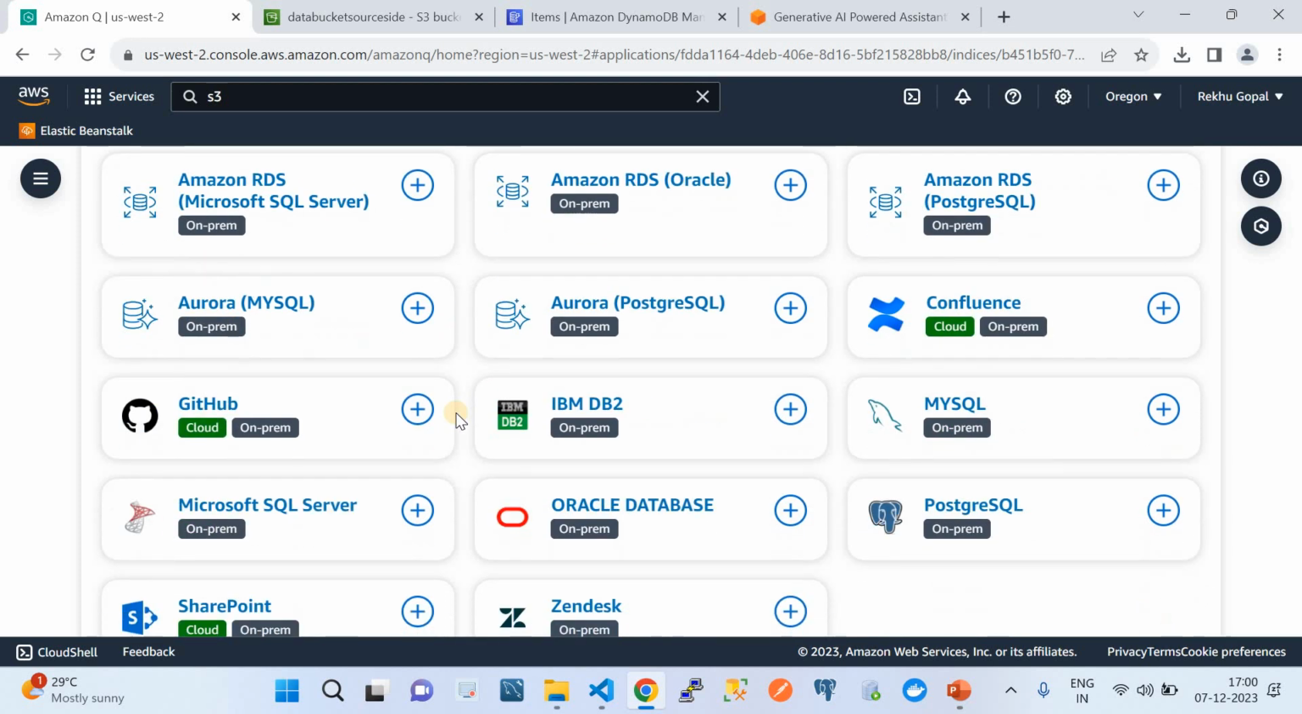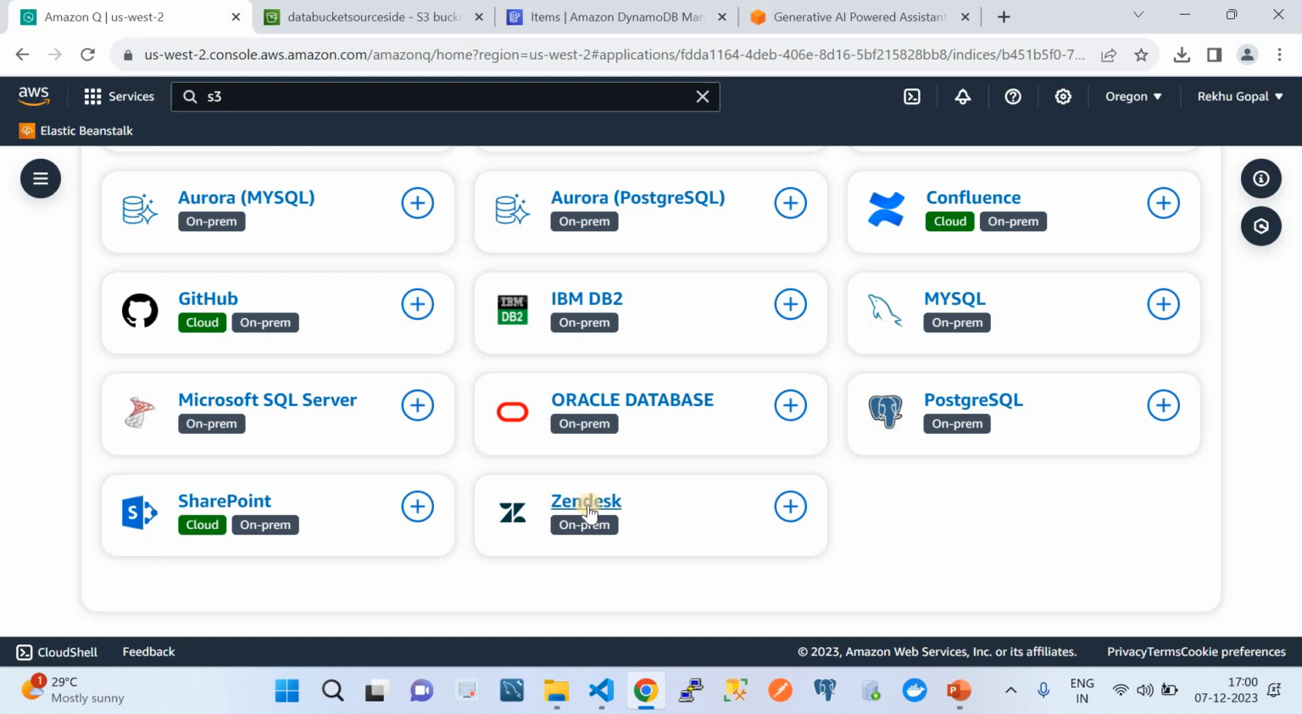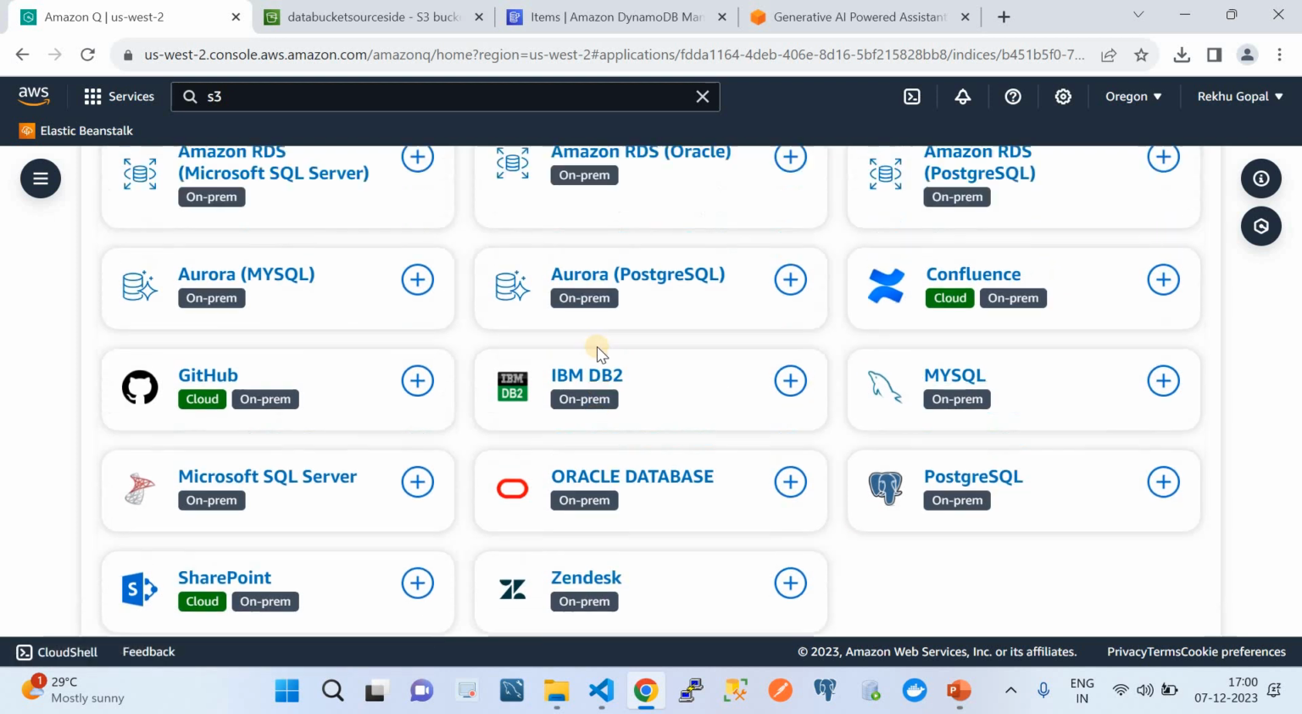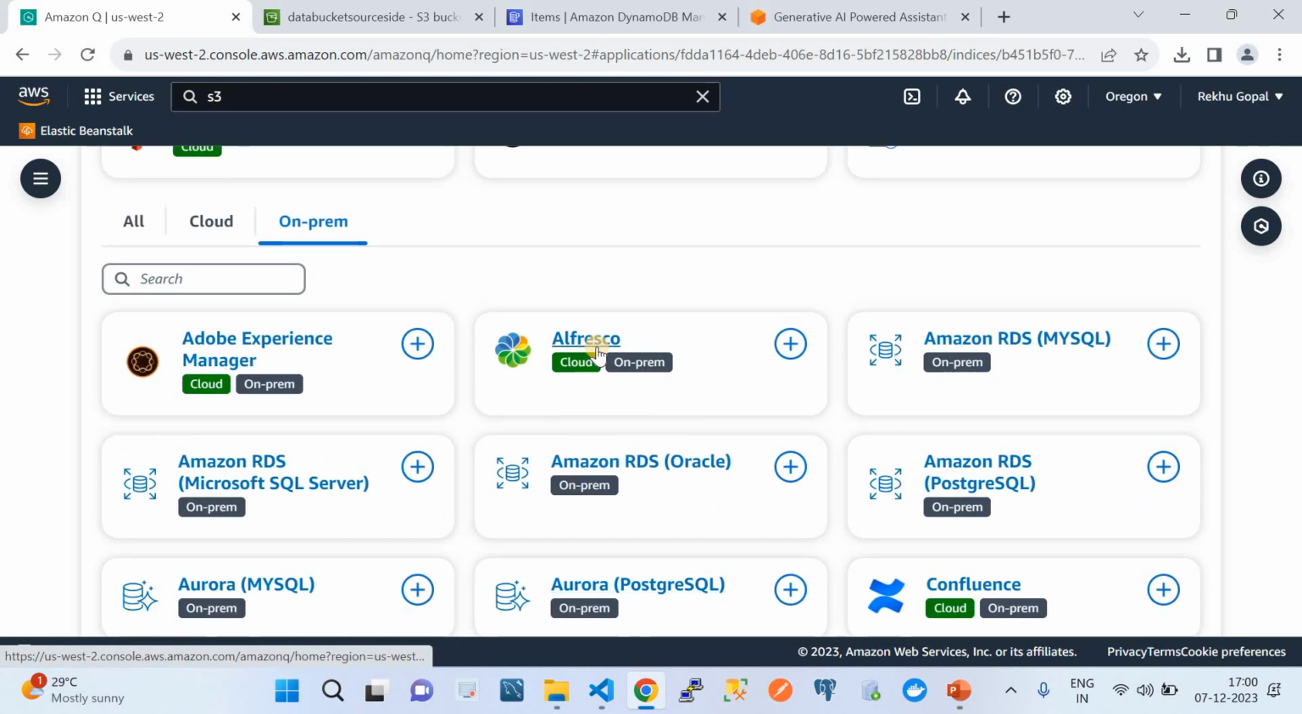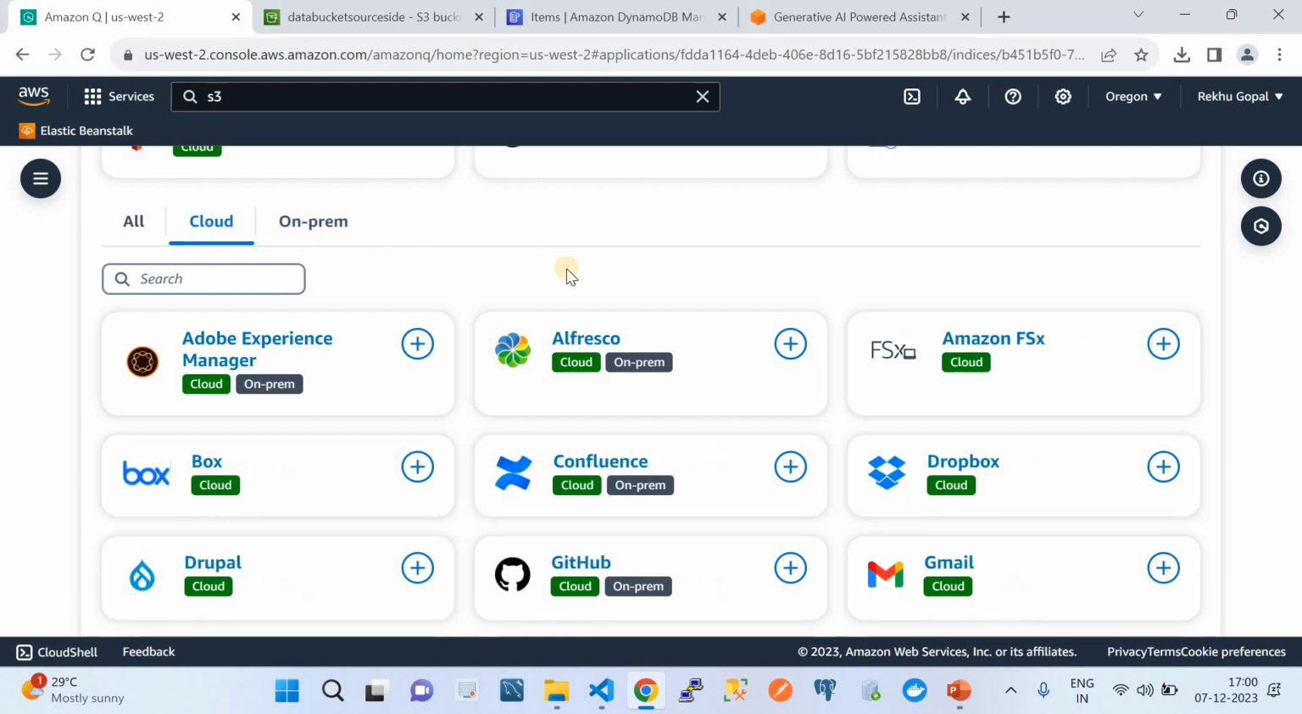So on-premises applications include all these applications. You see Zendesk, PostgreSQL; these are nothing but your databases. Basically, when a particular developer is working on an application, or on a particular business case, or a project manager is dealing with a particular project,